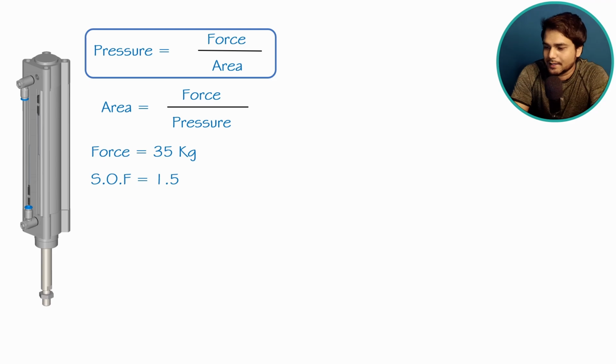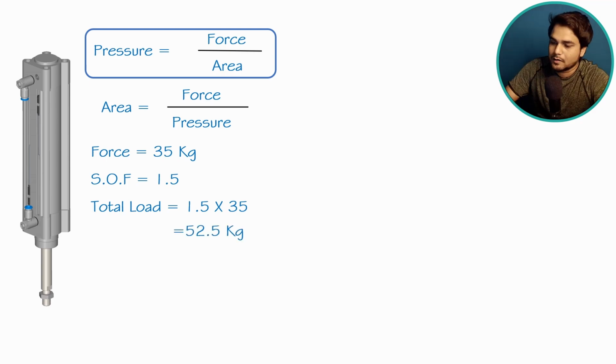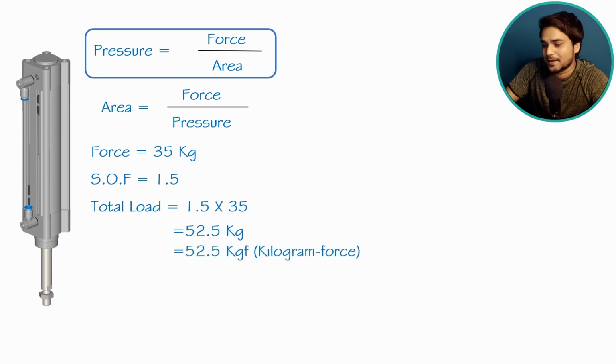So now the required load will become safety factor multiplied by the pressing load, and it will become 52.5 kg. And now we will make the selection of pneumatic cylinder for the load 52.5 kg. और यहाँ पे लोड kg में दिया हुआ है जो कि actually kgf है, किलोग्राम फोर्स. So first convert it into न्यूटन, और kgf से न्यूटन में कन्वर्ट करने के लिए हमें 1g से मल्टीप्लाई करना